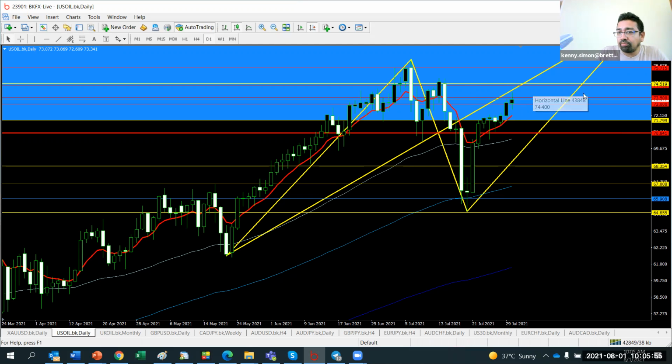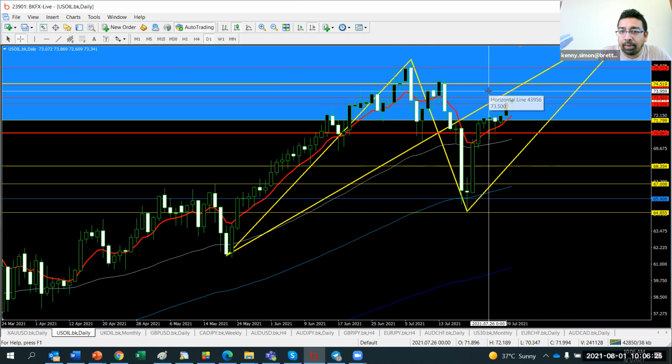So this is the zone where it might actually play around sideways a bit, between 71.80 and 74.50. Okay, this is where it is going to be playing a lot. So this is for oil. At this moment, 73.60 is your trigger price for a buy. And if you are buying, let's say tomorrow at 73.60, make sure you exit at 73.73. So 73.60 you buy, 73.73 you get out,